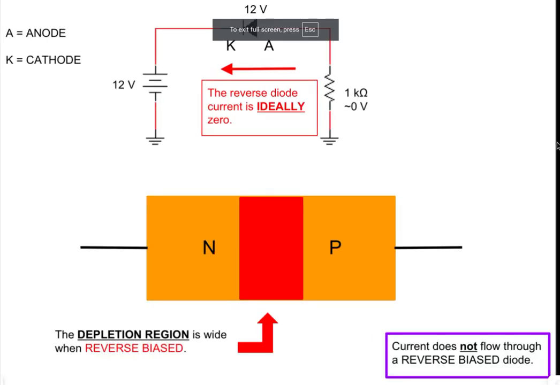Hello, in this video we will look at diode reverse biasing. In my last video we saw that a forward bias diode acts like a one-way valve and current flows through the one way. Over here now we are going to reverse bias the diode, which means